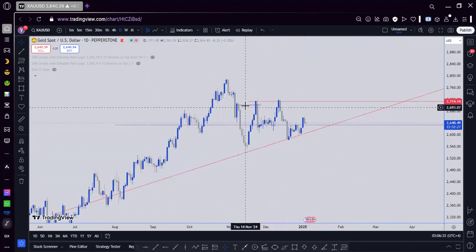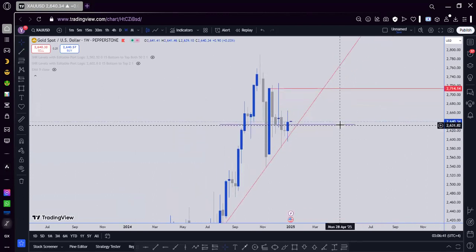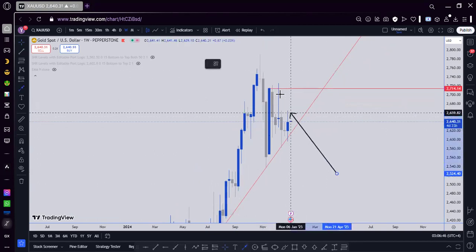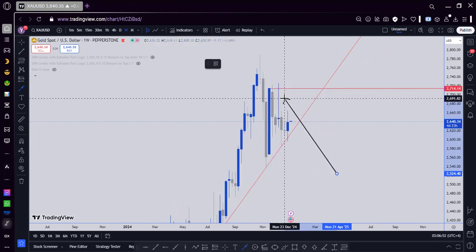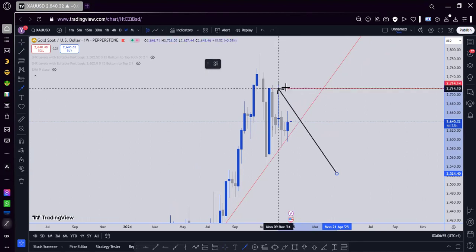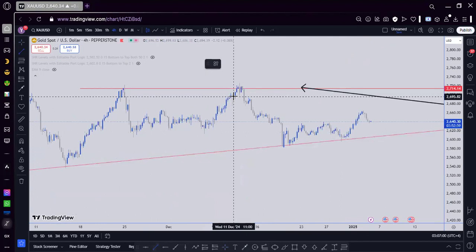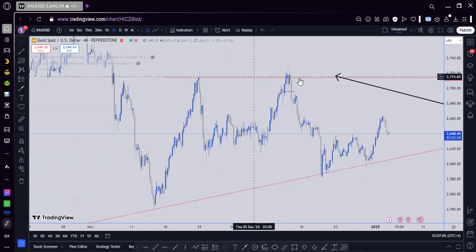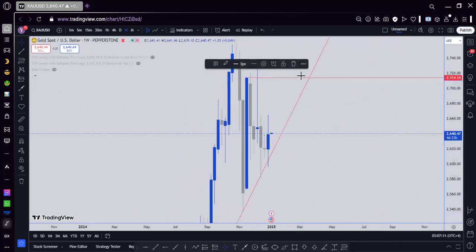So after the monthly, we need to check the weekly direction. The weekly direction was bearish in the past few weeks. The weekly was bearish right here. We had a bearish weekly classic storyline, weekly reject weekly, and we had our bearish breakout for the bearish weekly classic storyline. So from here the price will travel to a fresh weekly level or a weekly